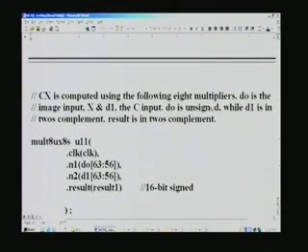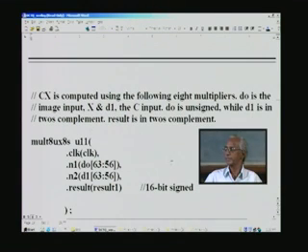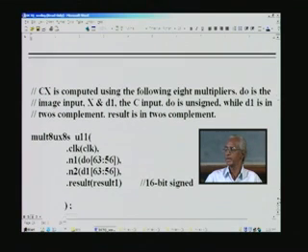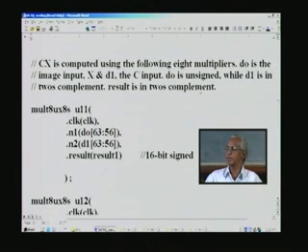Cx is computed using the following 8 multipliers. D0 is the image input, X, and D1 the C input, which we have seen before. D0 is unsigned, while D1 is in 2's complement, and generally all the computations everywhere are in 2's complement, and the result is in 2's complement.